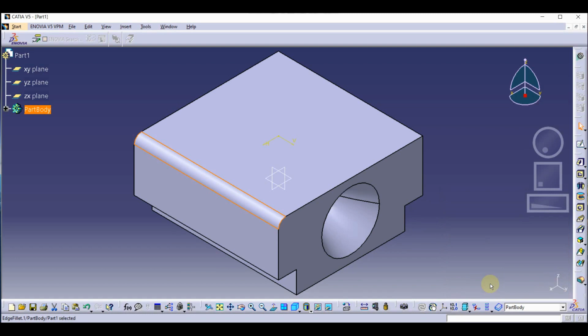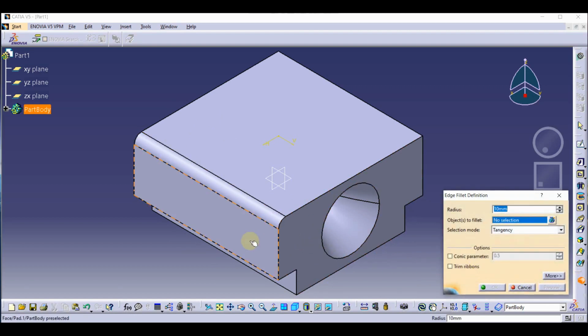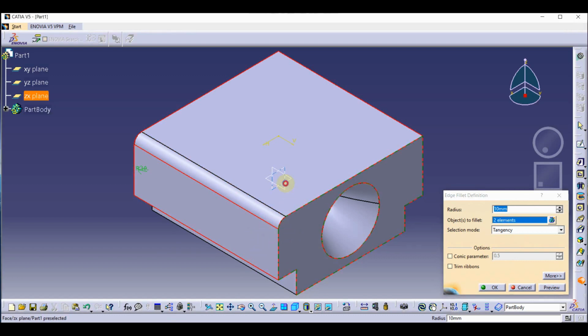So as you can see, we have created the fillet. Also you can provide the fillet to the face. Simply we need to select the face. I'm selecting this face, selected the whole. So let's select this one and OK, remove.